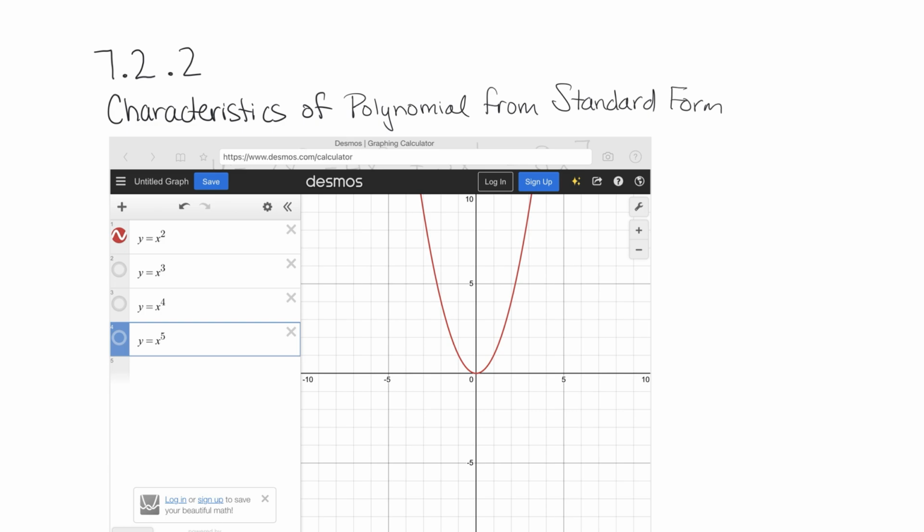Now I want you to focus on what's happening on the ends, the end behavior. As x approaches negative infinity, f of x is going to positive infinity, and as x is approaching positive infinity,